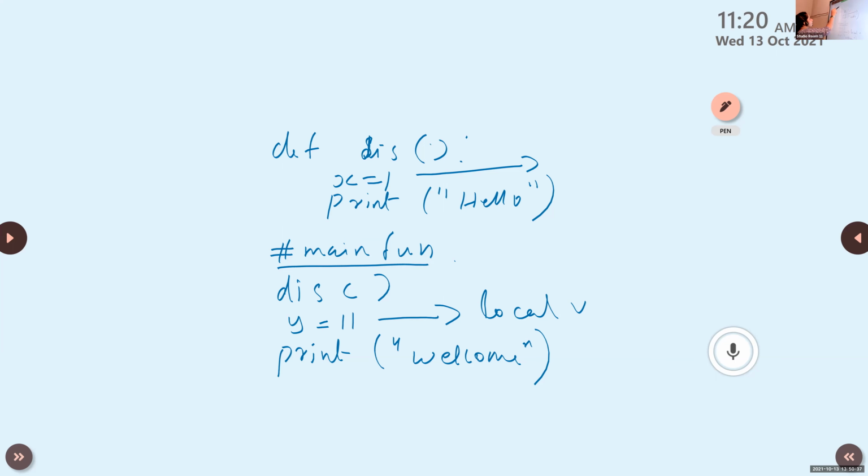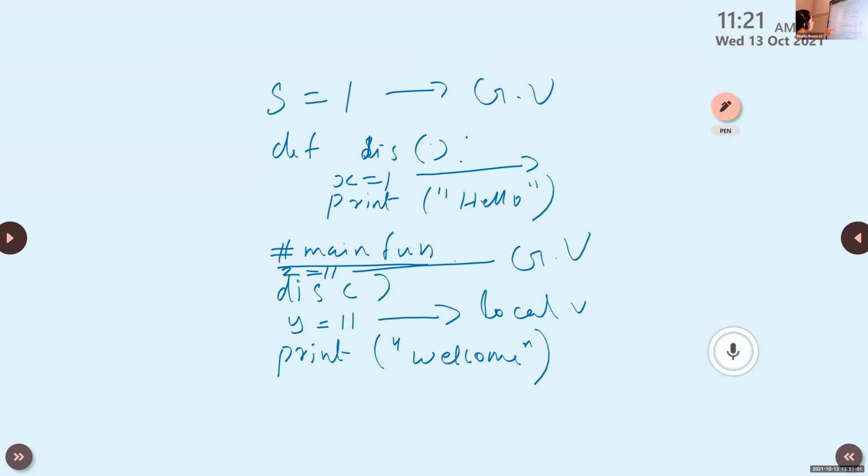But if we write s is equal to 1 here, this is a global variable. And if I'm using another variable z is equal to 11, this is also a global variable because this z and s are outside the main program.